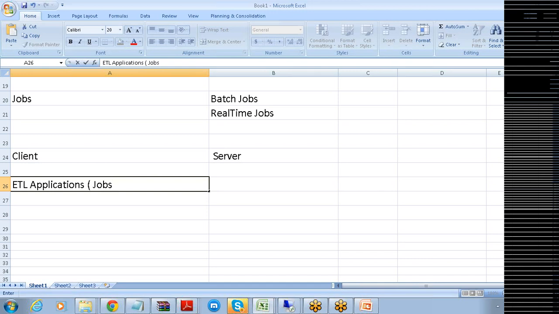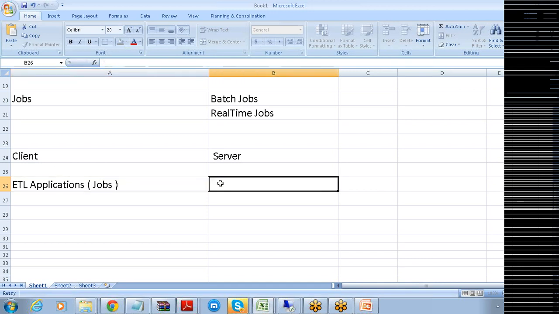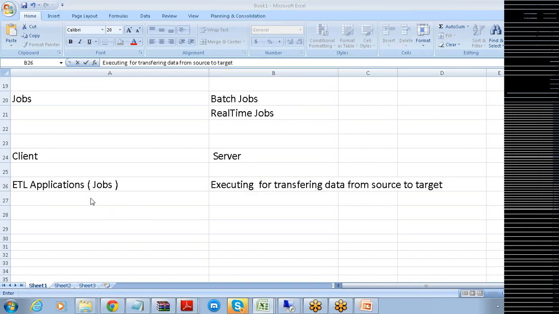The server is the place where we execute your ETL applications for transferring the data from the sources to the targets. These are the ETL jobs that we develop here.